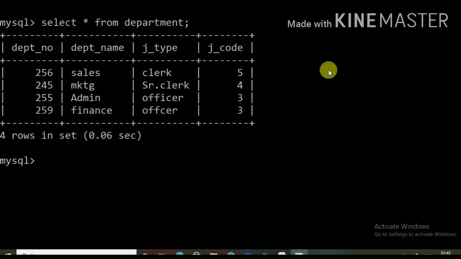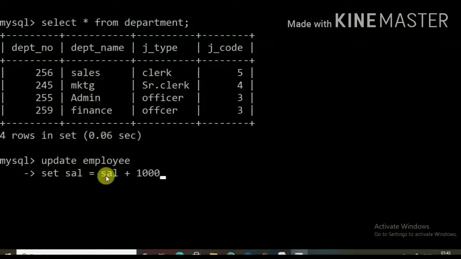The command will be update, name of the table employee, set, the name of the column to modify is sal. You have to increase the salary of each employee. So sal is equal to, increase the salary by 1000. So the new salary will be sal plus 1000, semicolon, enter.